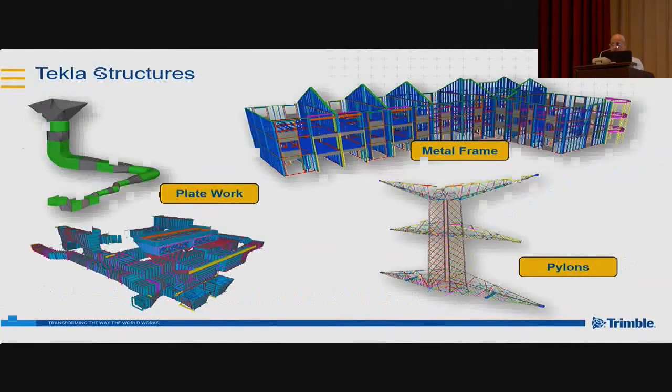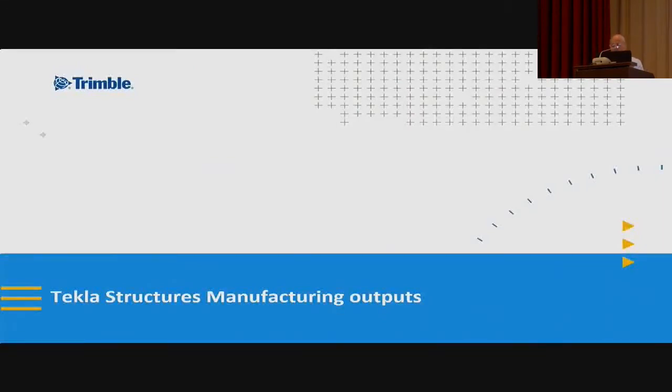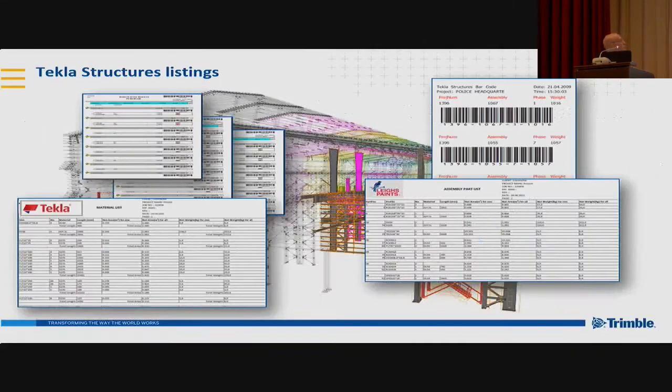But what do we create when we actually build the model? What's the purpose of building the model? Well, of course, what we get from the model is all the material lists. So these are all automatically generated. So Excel spreadsheets, barcodes. I'll slow down for the translator, actually, just in case I'm going a little bit too fast. So barcodes, painting lists,